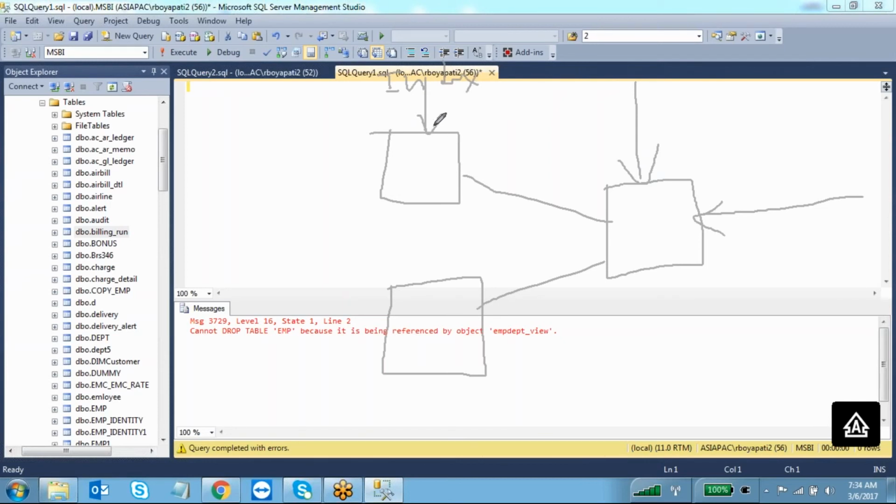The same way you create an index on the tables, you can create the indexes on the view also. We'll discuss in later sessions how to create indexes. If you are creating indexes on this view, we call those indexed views. In Oracle we call those materialized views. Okay, I will show you when we are discussing indexes, how to create the indexes on the views also. Okay.